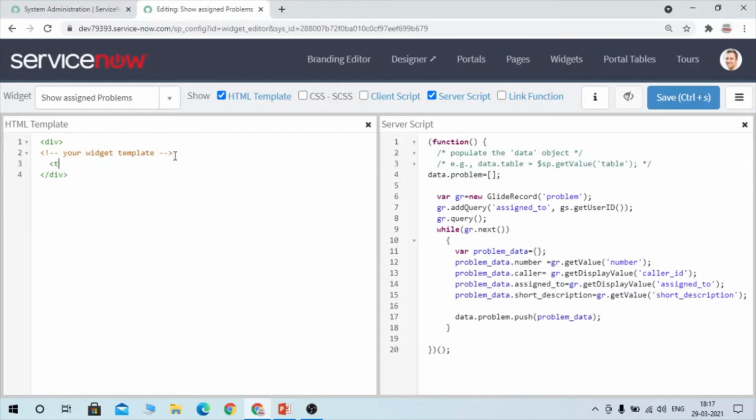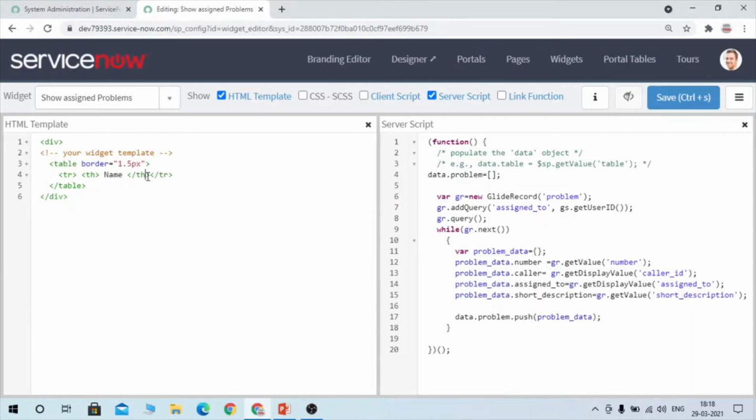So I'm just going to write table, and I want border equals to 1.5 pixel. Keep it like this. And now you have created a table, you have to create a row. So for that we need tr, and we need to show the header, right? So for that we can use th. So here we want to show name,